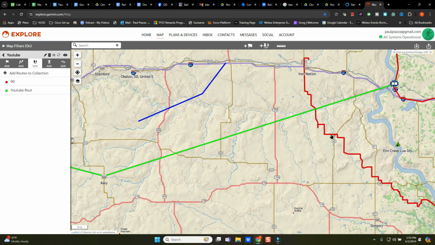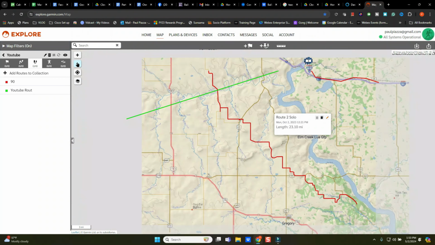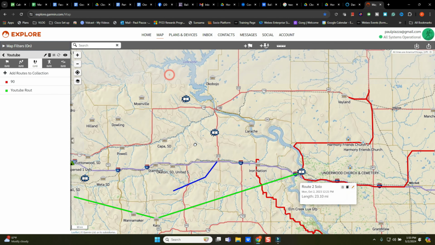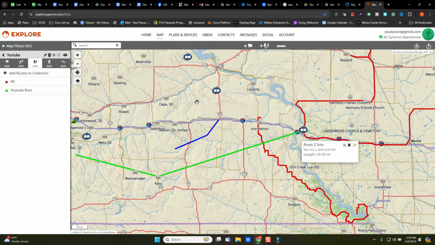Now if you look at this Iron Nation one, this is more of a track that I created. That was from my solo track, and this is a solo track all the way cross country across South Dakota. This was probably the first leg of that track. In fact, it was. I started way down here by the Minnesota border, went halfway through. The second half of this leads up to Kappa, and then it leads all the way up to the northern part of the border, and then it drops down to the Black Hills. Great route. Happy to share that with you.